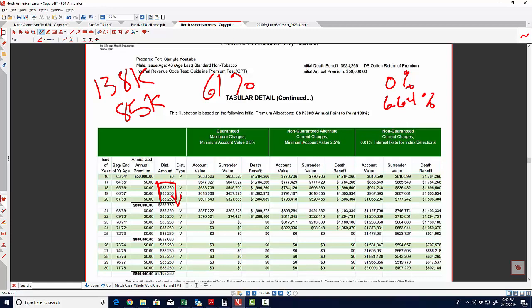And if you were to get a policy that had tons of 0 years, it's not going to look like this, because you're going to have years where you get a 10% rate of return, years where you get a 2% rate of return. It's going to be all over the place. So the exact percentage here is not what I want you to key in on. What I want you to key in on is the difference between how this looks.